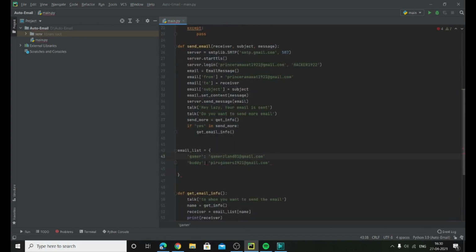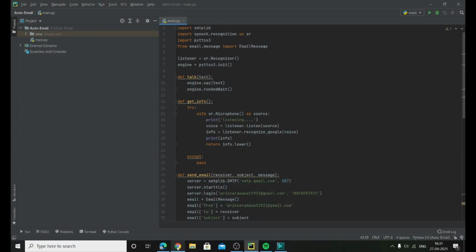Okay, this was like this. There was an error because I forgot to add one comma in this code, so you have to add one comma, and there it is, it's fully ready. So then let's check whether the email is sent or not, or whether the bot just scammed us and said, hey lazy, your email is sent. Let's just check. Okay, guys, and I will refresh.